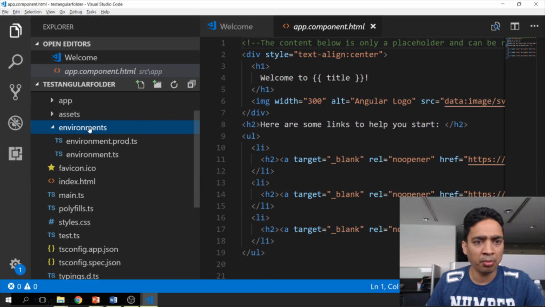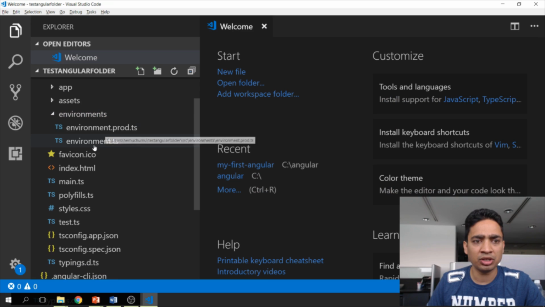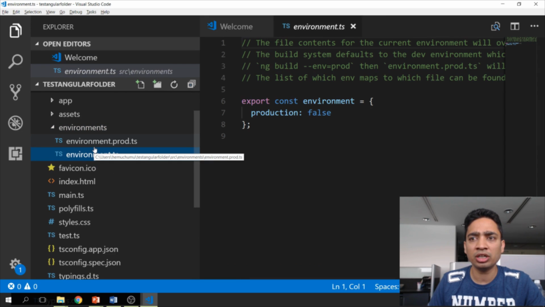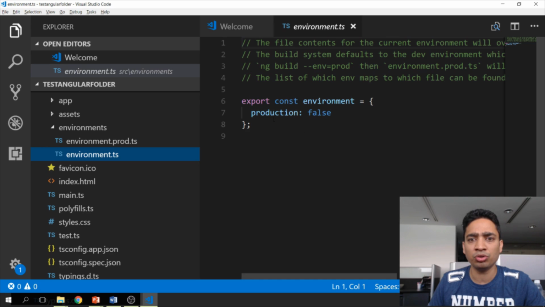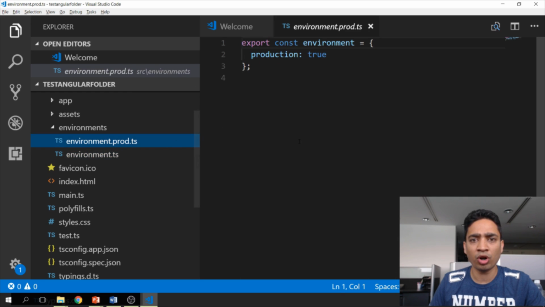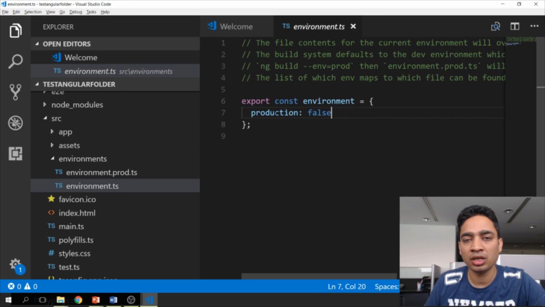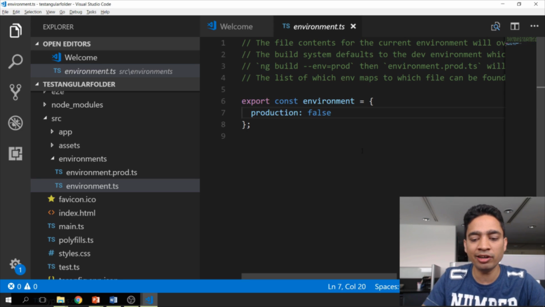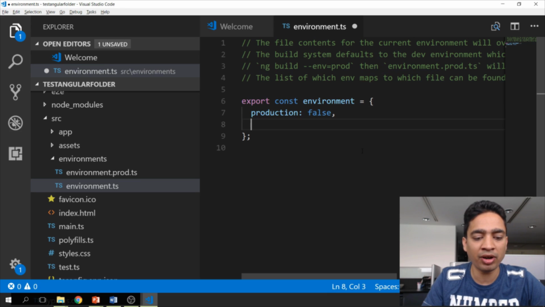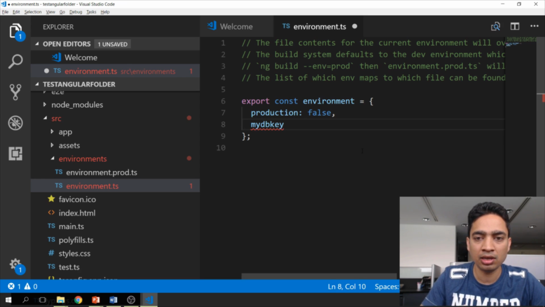Under this environments folder, there are two files that you see over here. By default this one gets called, this is for the development environment, so you see that the production property is set to false over here. This one is for the production environment, where the production property is set to true. The properties that you see are defined as key-value pairs, and if you want to define your own property, you can easily do so by specifying the key and the corresponding value. For example, I can say my dbKey